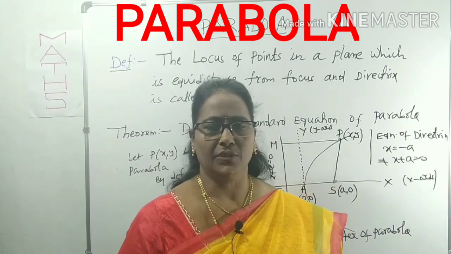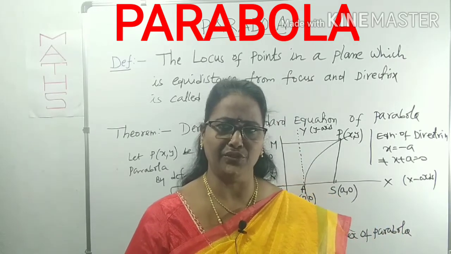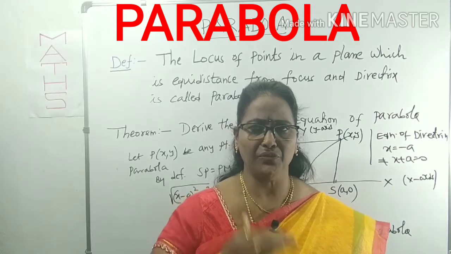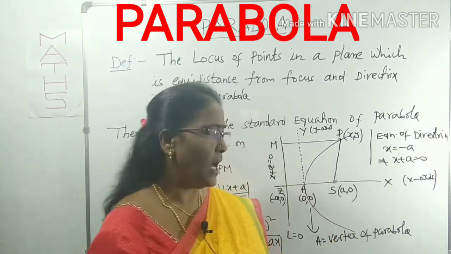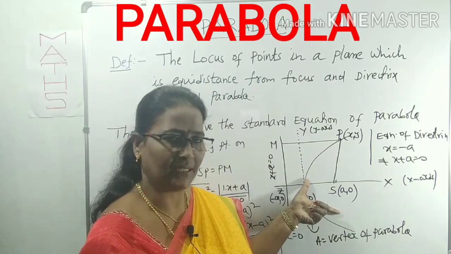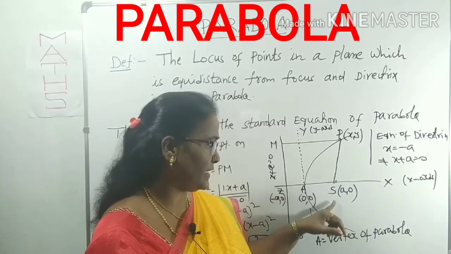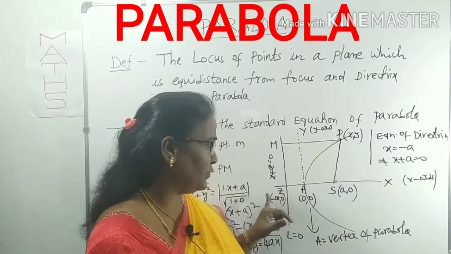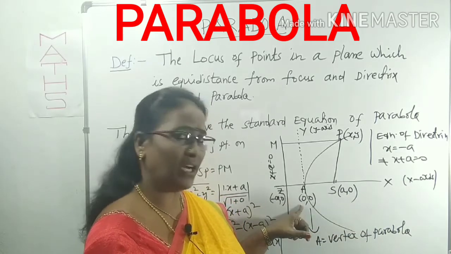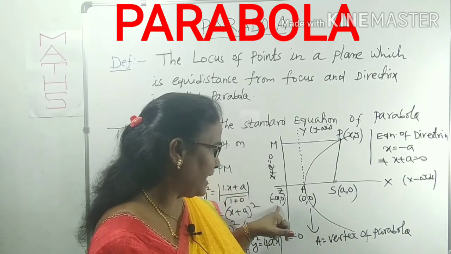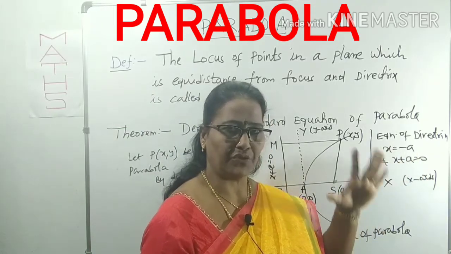Is it clear? To derive the standard equation of parabola, what is the standard equation of parabola? Y square is equal to 4ax. To derive that one, you have to proceed from the focus, directrix and their assumptions, and you have to concentrate on this figure clearly. So you have to know how you can draw the figure, how you can take the S value, A value, Z value, then how you can get the coordinates of S are a comma 0, coordinates of A are 0 0, coordinates of Z are minus a comma 0. By the equation of directrix, x plus a is equal to 0, you have to know first.